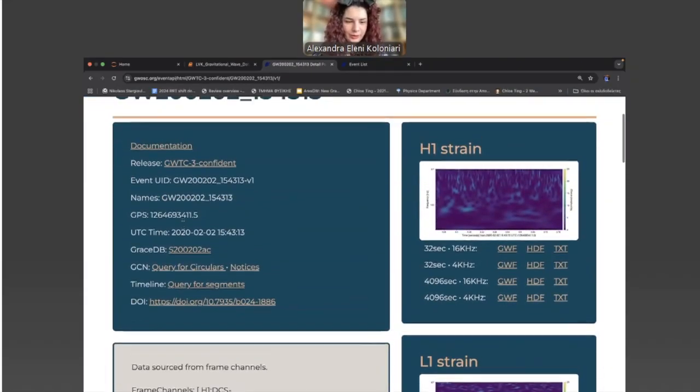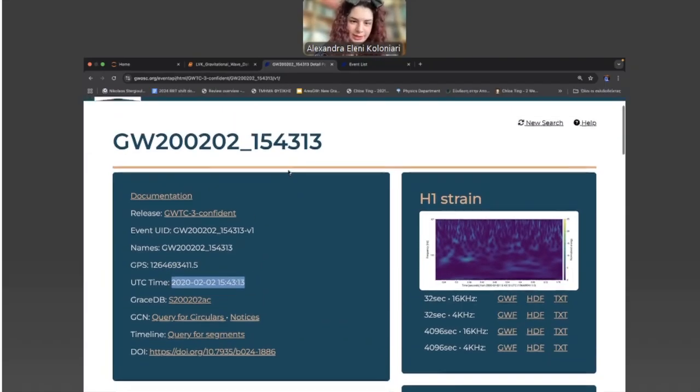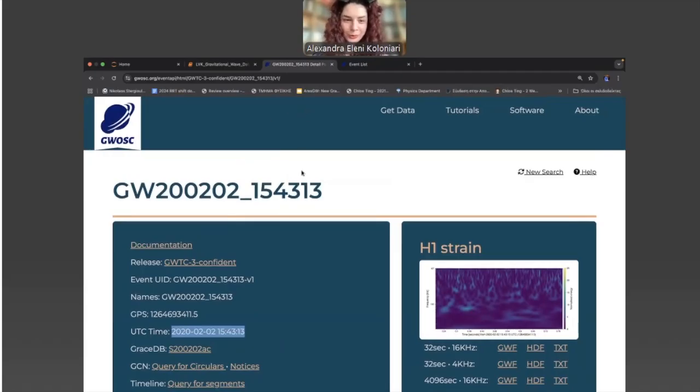Now, I did mention that we have this GPS time which corresponds to this specific UTC time, and that is where an event takes its name. So if you, for example, want to use it in order to find new events, like we did, how would you know how to name them?